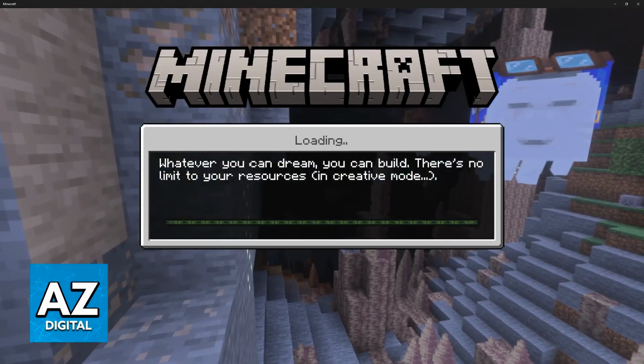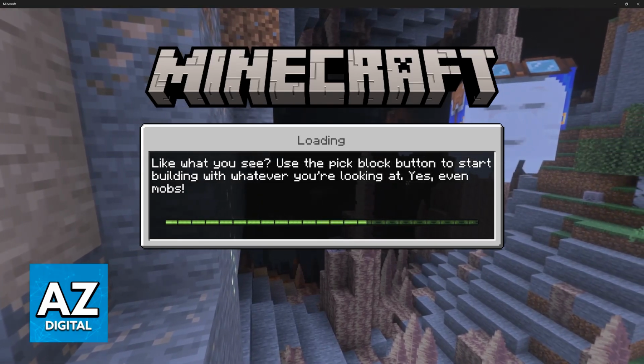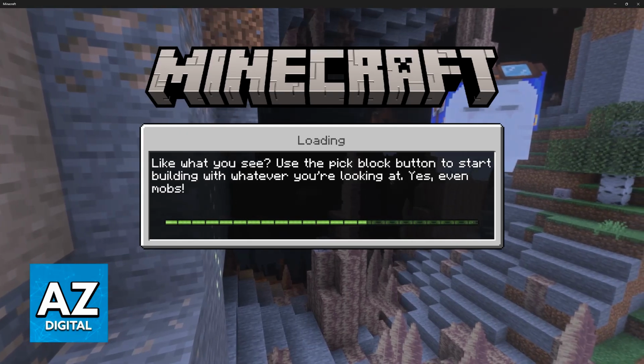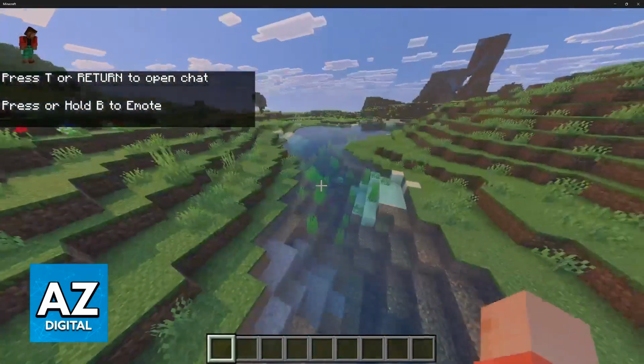Now, once you go inside of any world, regardless if it has RTX enabled, regardless if you are using resource packs, if it's a realm, if you are playing with friends, alone, it doesn't matter. You will have vibrant visuals active.